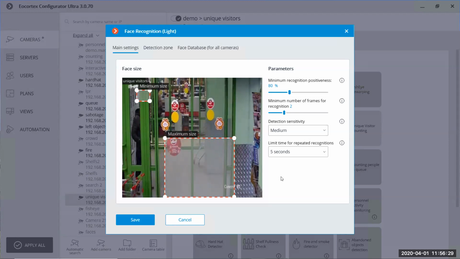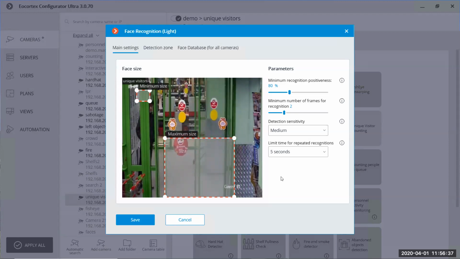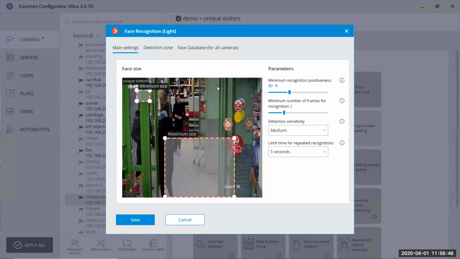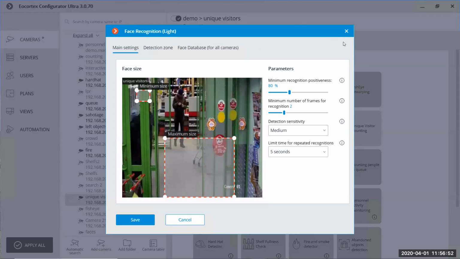So for example, this module can be used for access control, when you just put the faces in the database, you want to have notifications, and you want to trigger the output port of the camera to unlock the door, or send this event to another system like Honeywell to unlock the door, but not more.